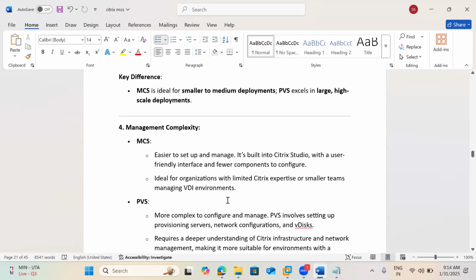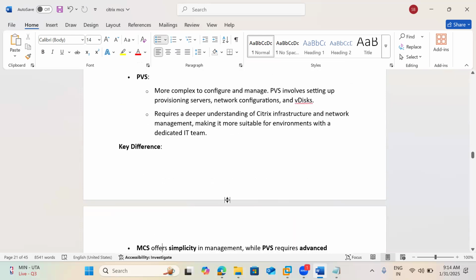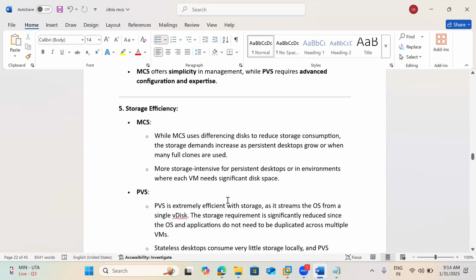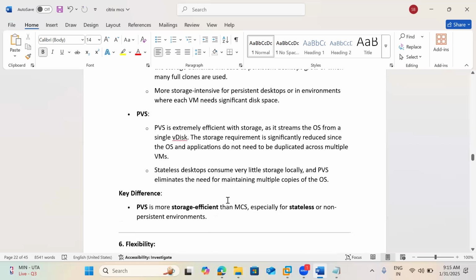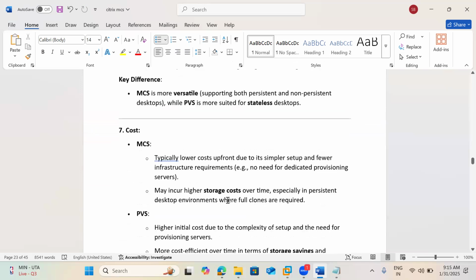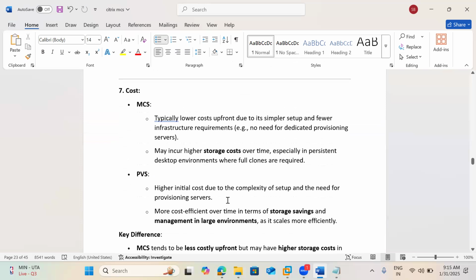Management-wise, PVS is a little complex, whereas MCS is simple. Storage-wise, MCS also will reduce storage, but PVS is extremely efficient in that also. Flexibility, again, MCS is flexible. Cost, like in the small environments, MC